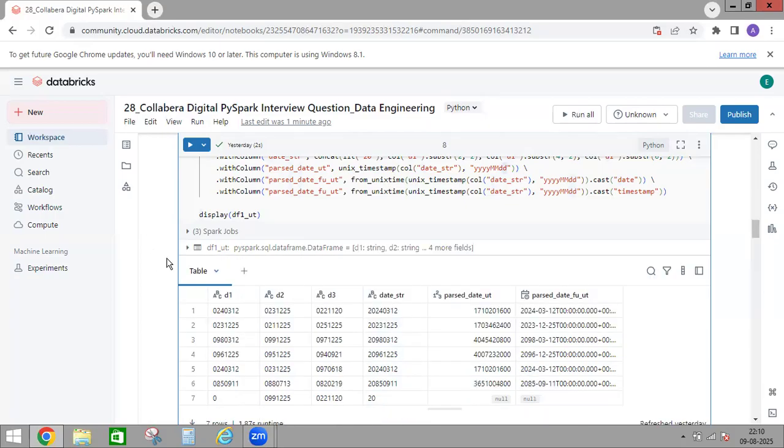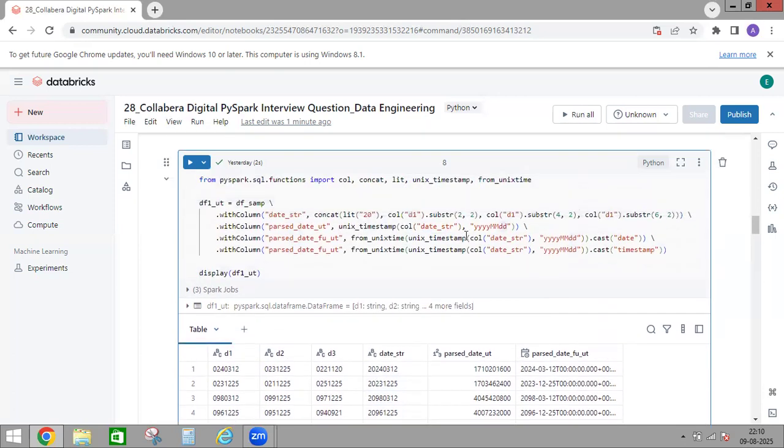So here, what I will do is, now we saw this one. First, step by step, I extracted the date format from this. Then I applied unix_timestamp to convert to timestamp in seconds format. And on top of that,